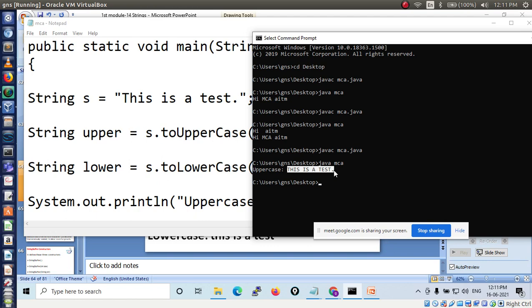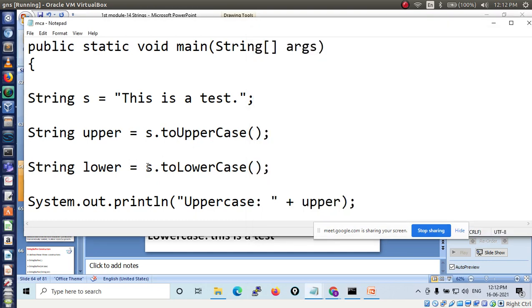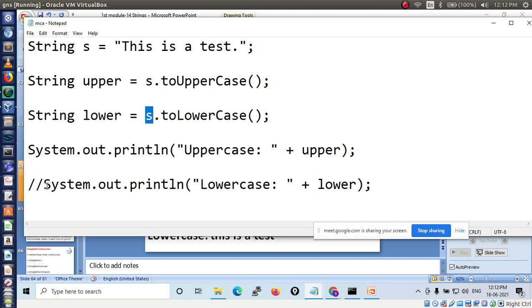Okay, now we take the same keyword, we have to convert into lowercase. After converting this, your S should have capital letters, right? Now convert these capital letters into lowercase letters using this method.